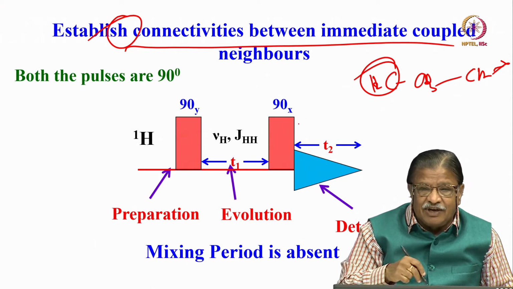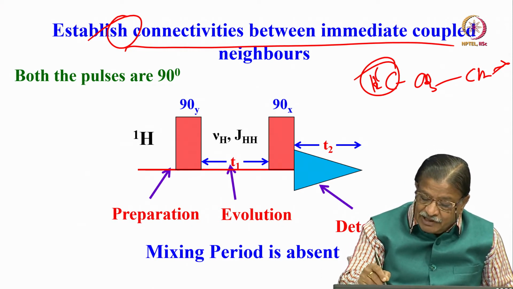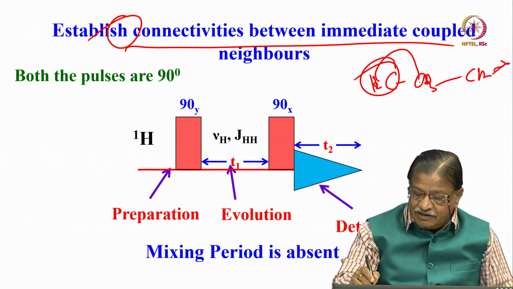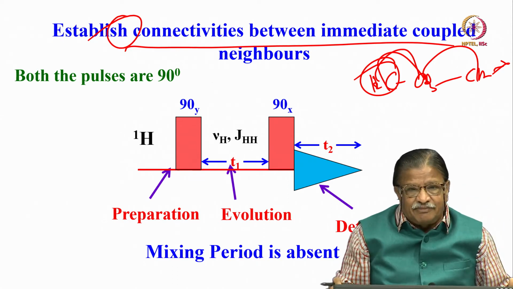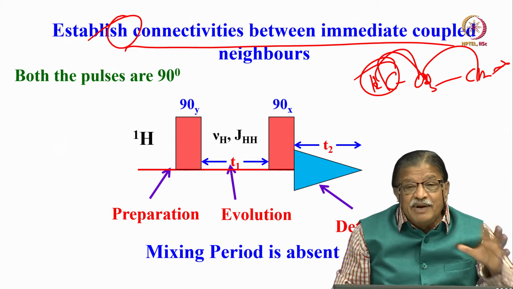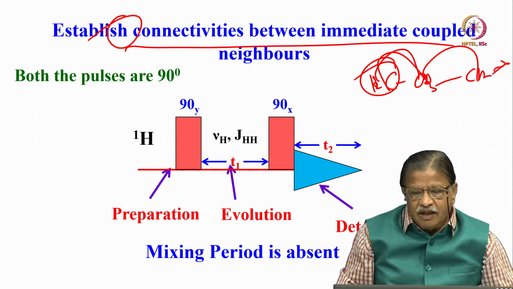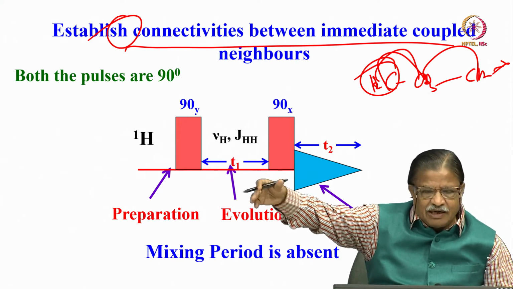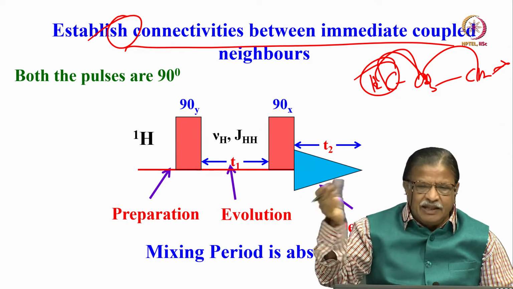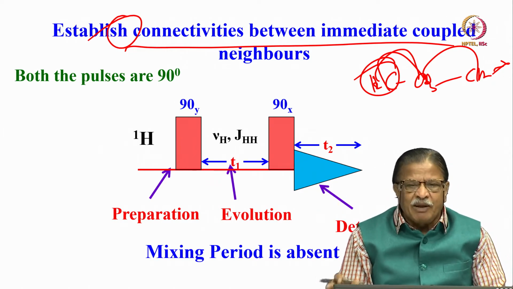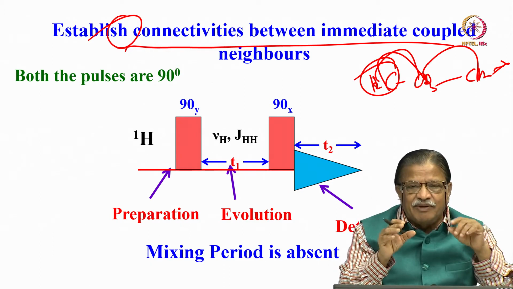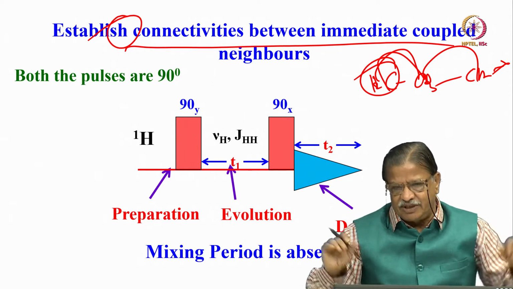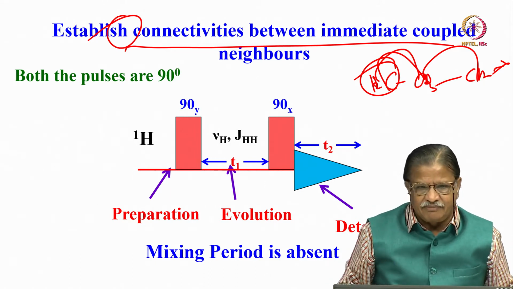Then if I take the COSY spectrum of it, it tells me CH2 is sitting next to CH3, and this CH2 is next to another CH2, like that. It gives the connectivity information between immediate coupled neighbors. Of course, you can go to not-so-immediate, little longer couplings also; there are n number of variants of this experiment. But immediately you understand that COSY gives rise to connectivity information of the immediate partners, which is sitting next to which. That information you are going to get.